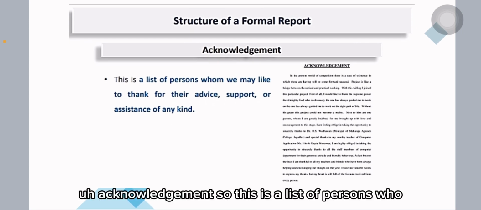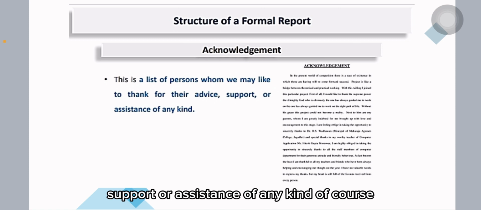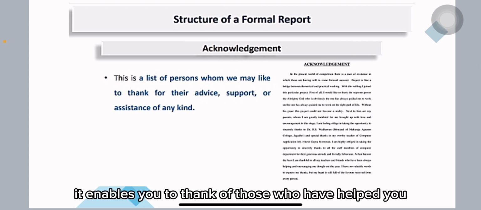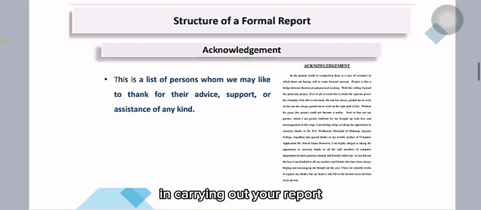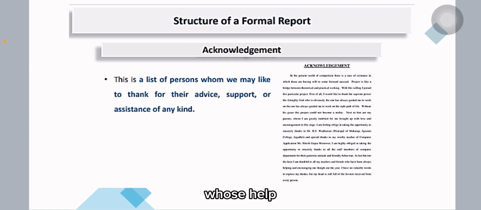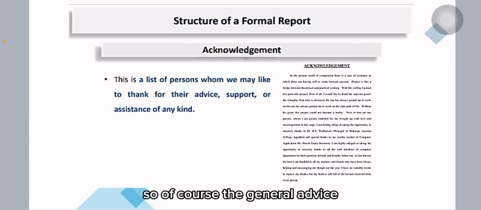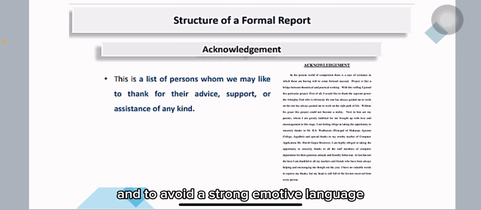Acknowledgement. So this is a list of persons who you would like to thank for their advice, support, or assistance of any kind. Of course, this page enables you to thank all those who have helped you in carrying out your report. Careful thought should be given concerning those whose help should be acknowledged and in what order. So of course, the general advice is to express your appreciation in a concise manner and to avoid